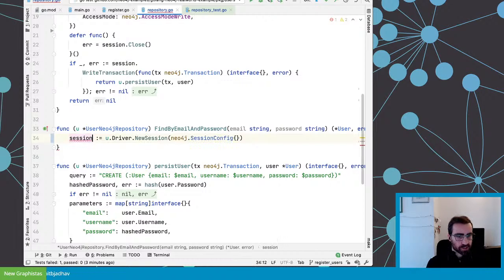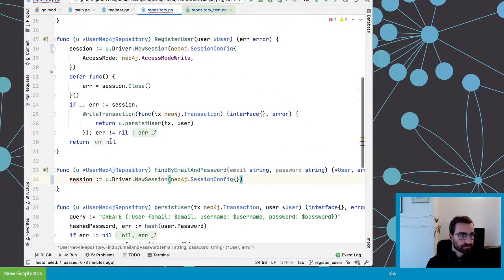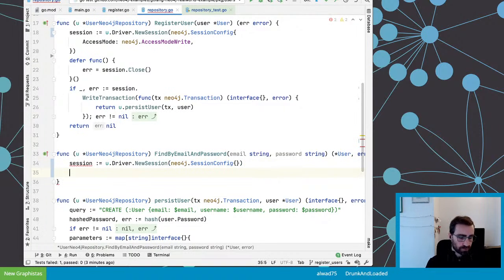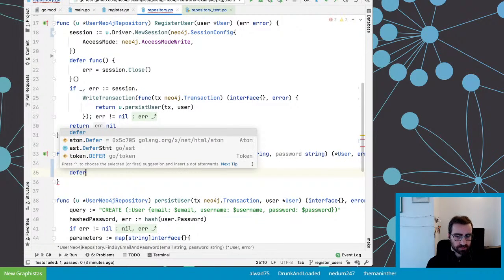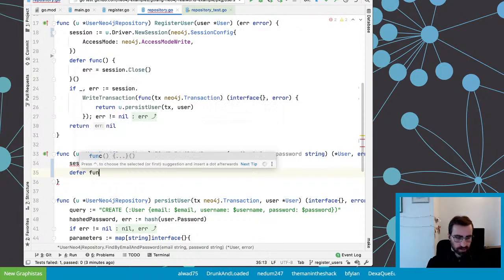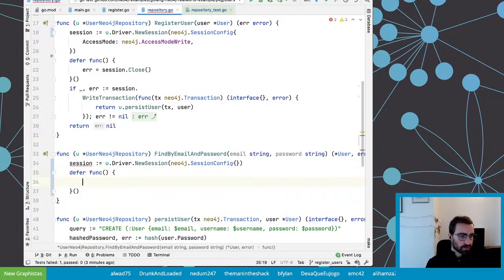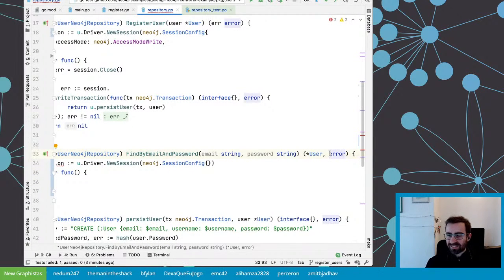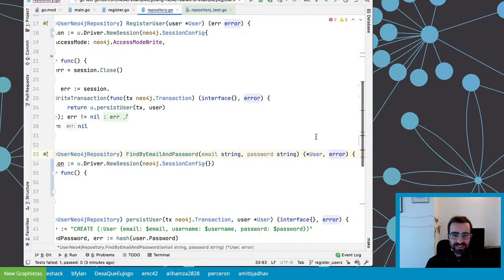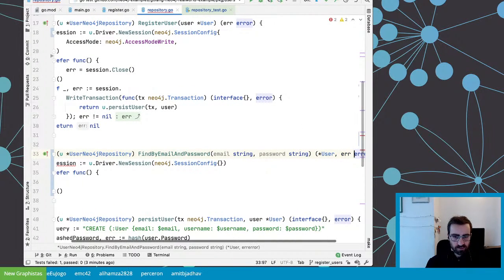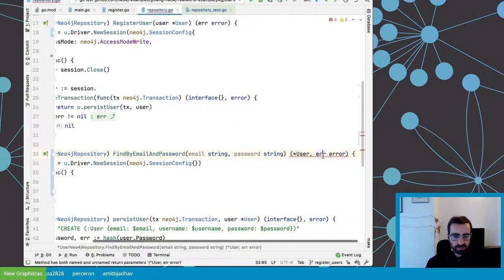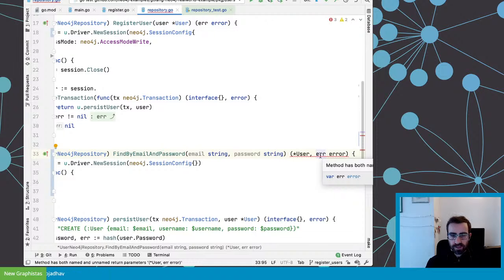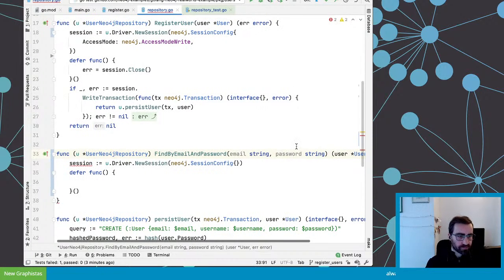So I've got this session. I always need to close it. And for now, I'm gonna do exactly like above. I'm gonna name, you can use named variables. I don't like that syntax too much, but for this specific case, I use it from time to time. Oh yeah, except you need to name everything. Okay, that's not great, but we'll do with that.